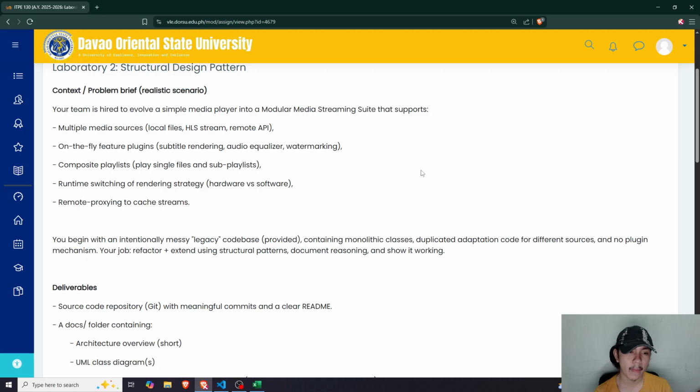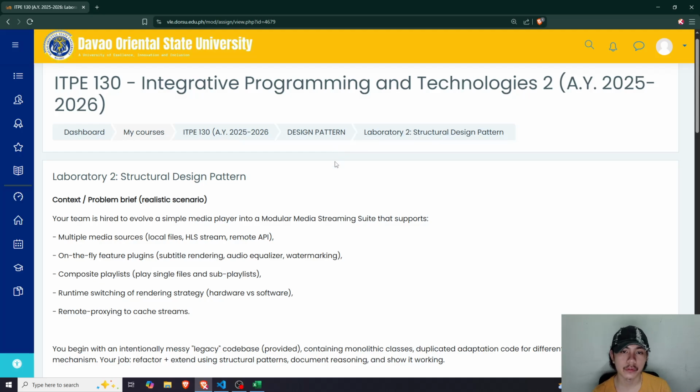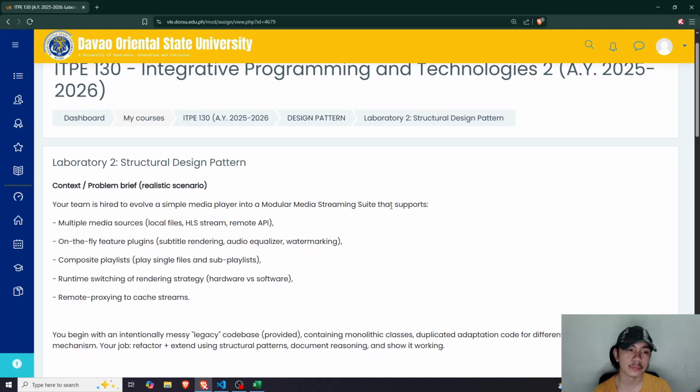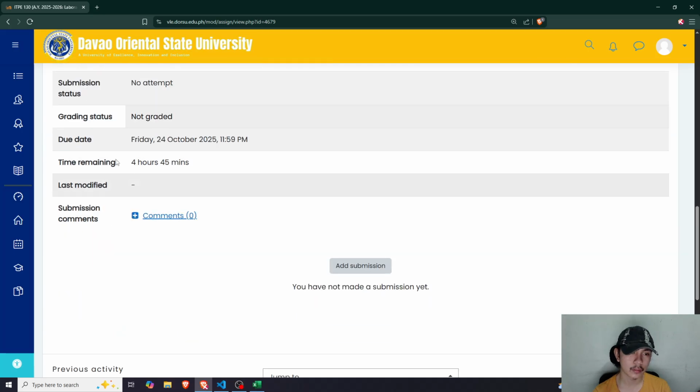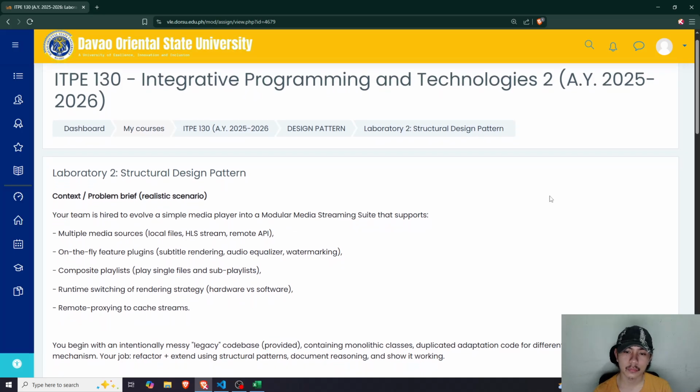And yeah, just one thing of confusion for this laboratory, which I hope our professor could hear: he says that you begin with an intentionally messy legacy code base provided, but there's no provided legacy code base here, which is what took me some time.